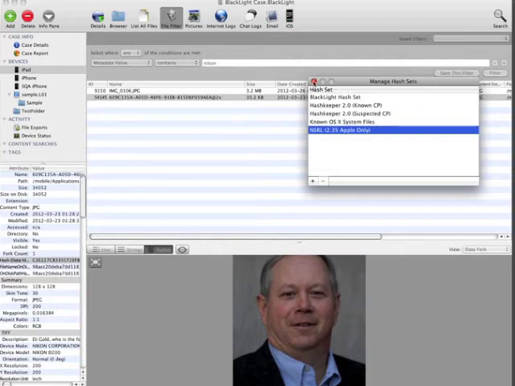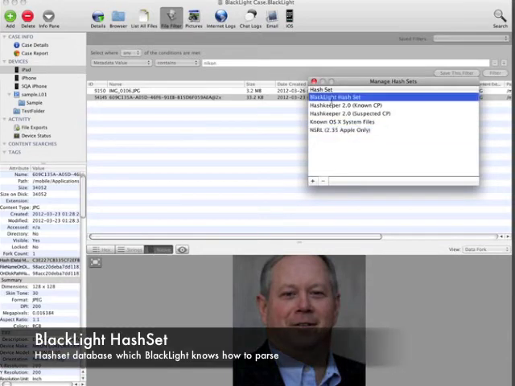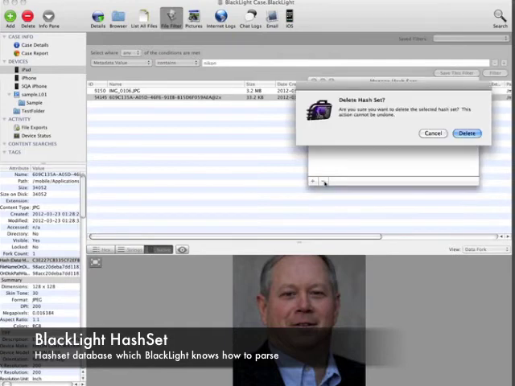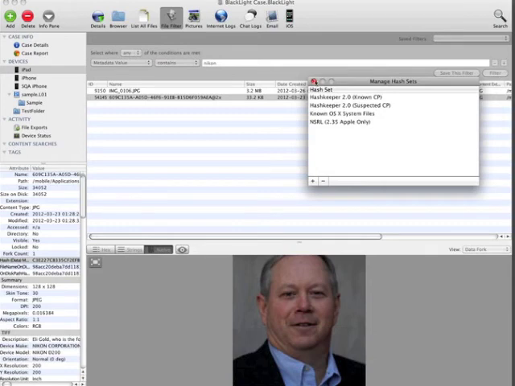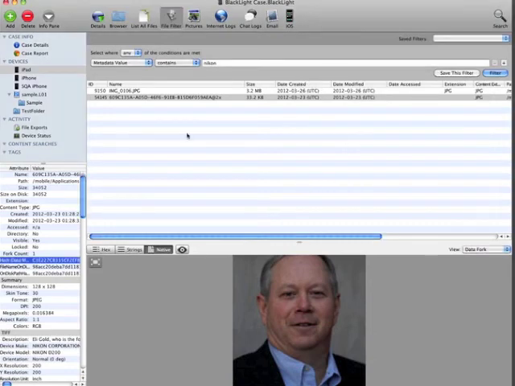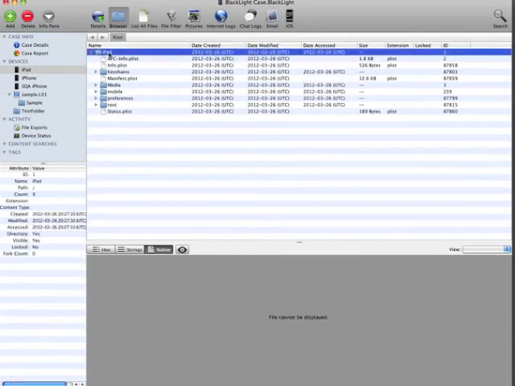And at some point in the near future, we'll allow you to import your own hash sets. But for now, these are BlackLight hash sets. You can see I have one up here called BlackLight hash set. And I'm going to show you how this works right now. I'm going to remove this hash set. So let's say I have this as my case, and I get this iPad and these 2 iPhones, and I'm investigating it, but it comes to my attention that, say, another investigator, either in a different agency or in a different department, has got some other devices, and we want to compare and contrast to see what similarities happen to be between these devices. So I can create my own hash set, and I can pass that hash set now